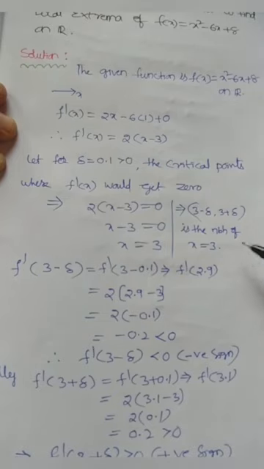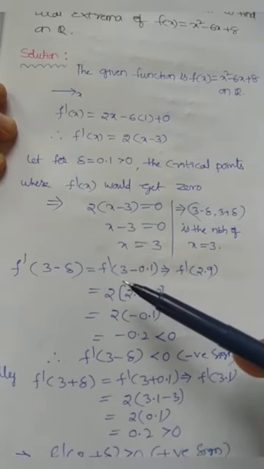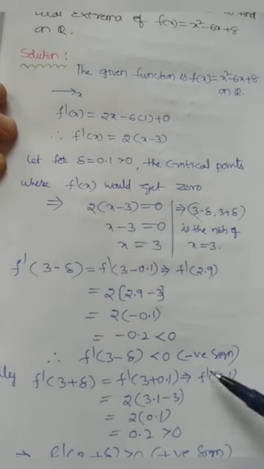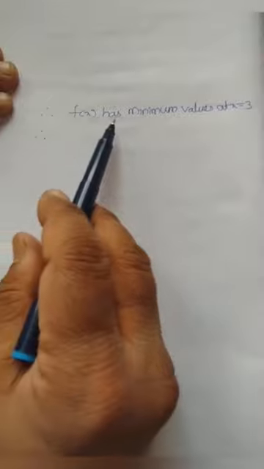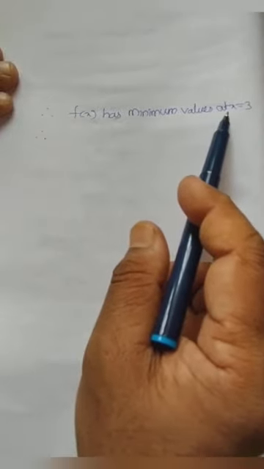So at x is equal to 3, in the neighborhood of 3, what is the behavior of f dash of x? It is changing its sign from negative to positive. So whenever f dash of x at the critical point changes its sign from negative to positive, it will have a minimum value. Therefore f of x has a minimum value at x is equal to 3,